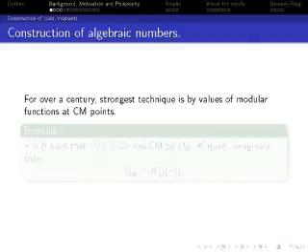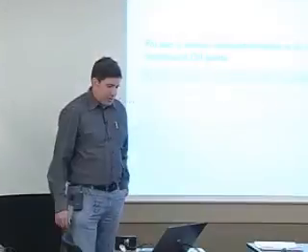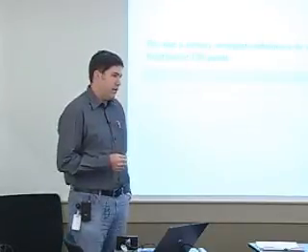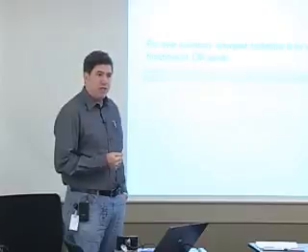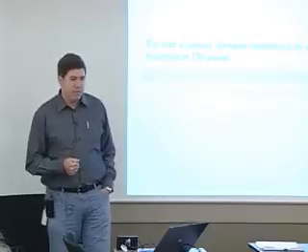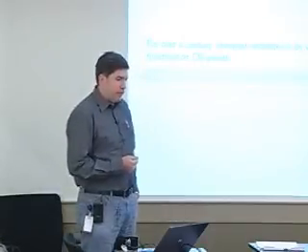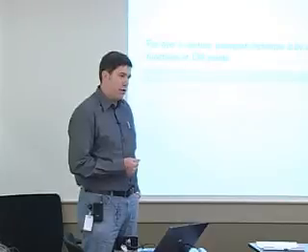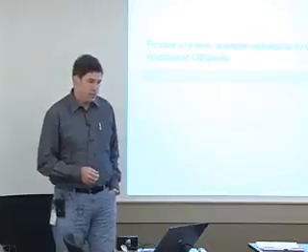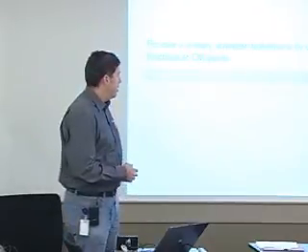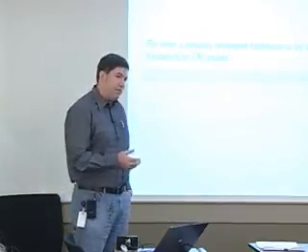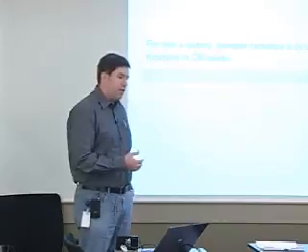Let us begin with the issue of constructing algebraic numbers. I think it's fair to say that over a century, really, the strongest technique we have is taking modular functions like the J function or other modular functions and evaluating them at CM points. We get a lot of information about the action of the Galois group and other properties coming from work like Shimura's reciprocity law and more modern interpretation of modular functions as functions over schemes that parameterize elliptic curves or abelian